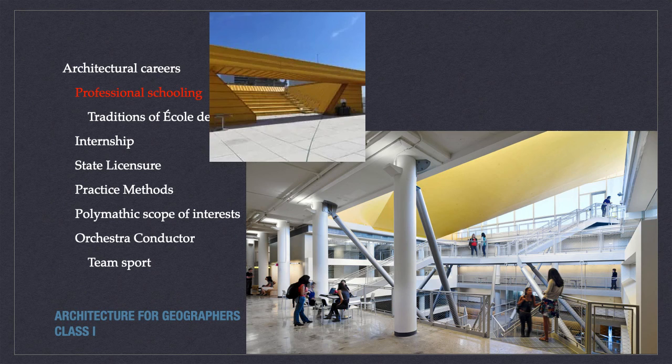Returning now to our main plot line, the first step towards your architectural license is a professional degree from an accredited architectural program. The National Architectural Accreditation Board has to approve any new programs offered by any institutions before they get temporary preliminary authority to offer classes. And then they revisit and reapprove existing programs every 5 years. This is important. Consequently, there are very few universities that offer the program.